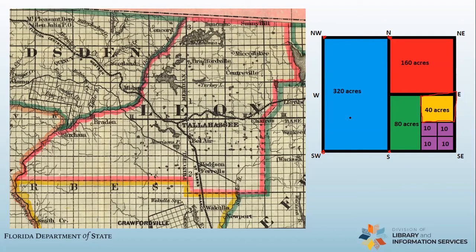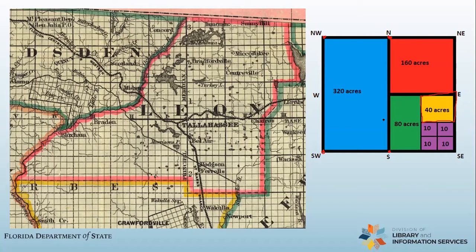So if you look over here, the blue piece is going to be a half of a section. A red piece over here is going to be a quarter of a section. This yellow piece that I've got over here is going to be a quarter of a section. And then the green piece that I've got right here is going to be a half of a quarter of a section. Now, that's a tongue twister, but it's going to be important because when you read these legal descriptions